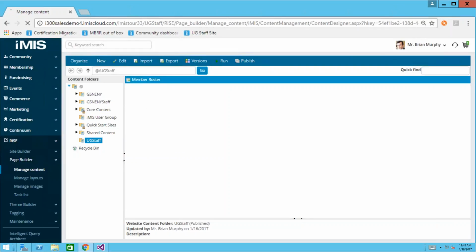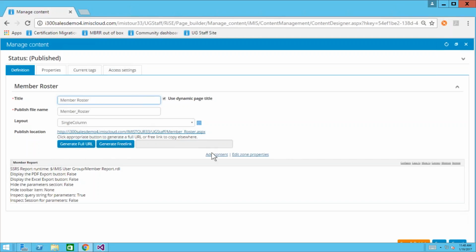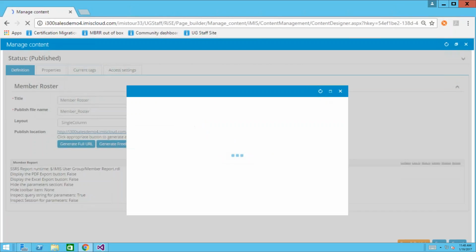I'm actually going to open this guy up because the only thing that's on here right now is the report, although you could, if you're familiar with a content management system at all, add a piece of content that gives a description, like the HTML content, to say, hey, this is a place where you can run your invoices from, here you can do this or that, right? But the piece that you care most about is how do I get that report loaded onto my content page? So if you go ahead and click on Add Content,